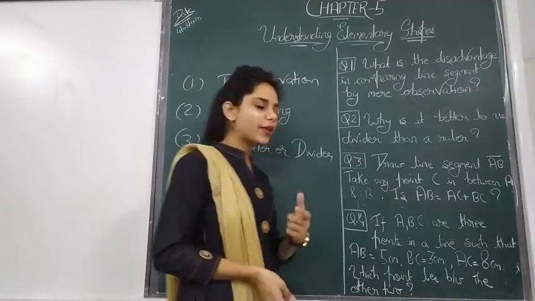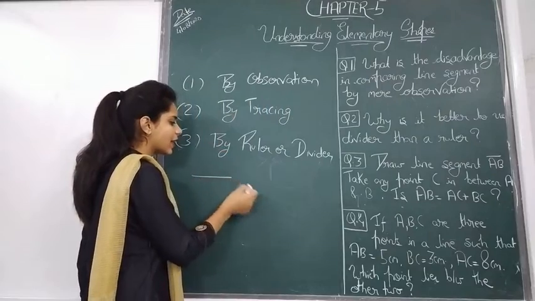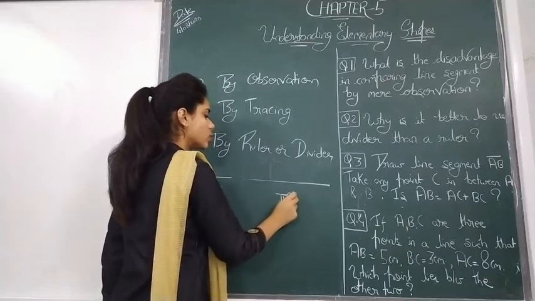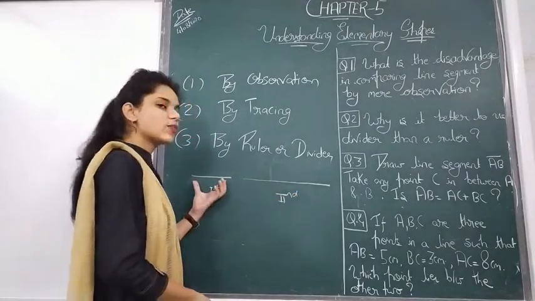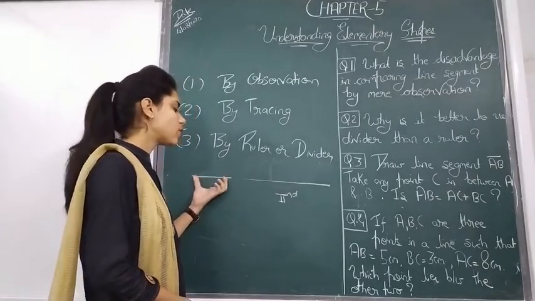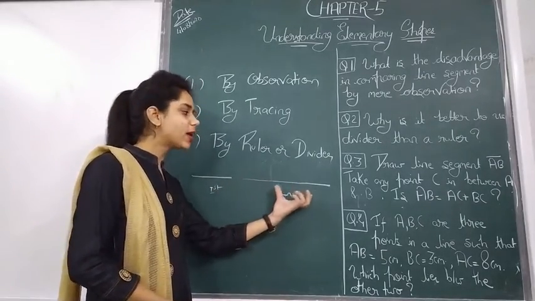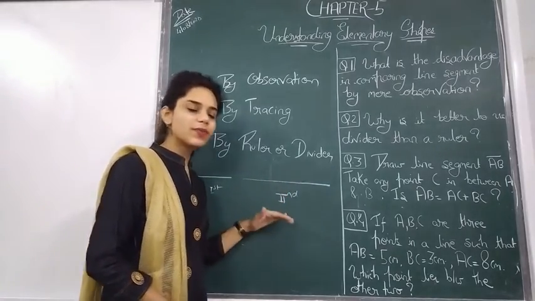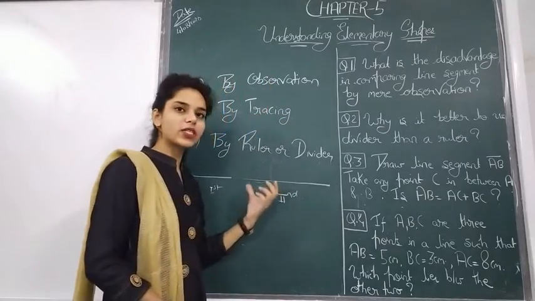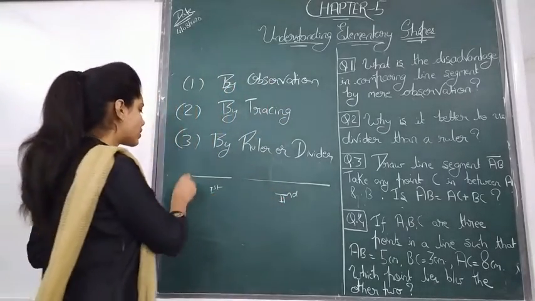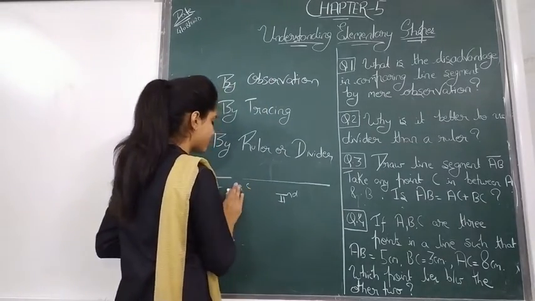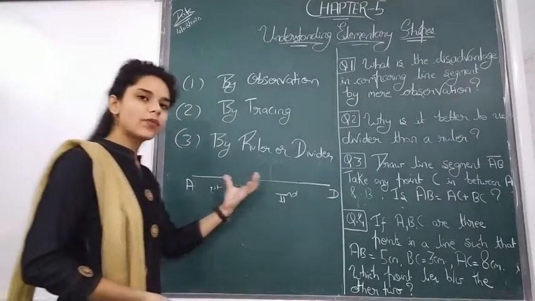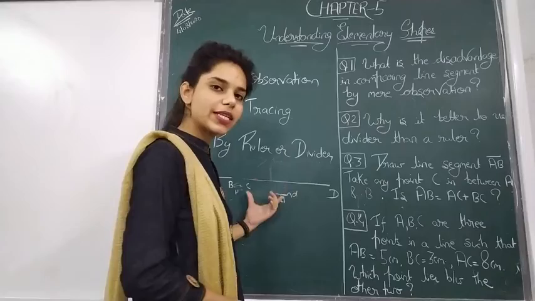Now what is observation? That we can observe. Suppose this is the first line and this is the second line. You can observe that this line is smaller than this big line. So this means that you observe that the first line is smaller than this line. So this is a way to observe a line segment. There are two line segments AB and CD. You can observe that AB is less than CD by observing these two line segments.